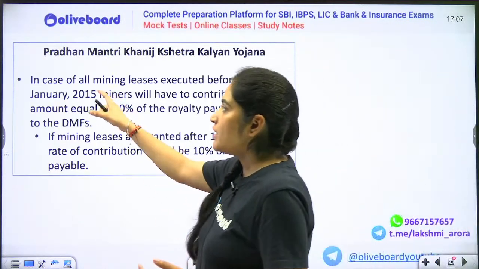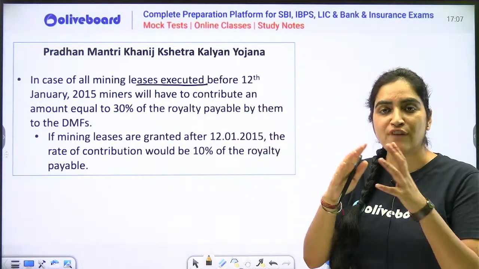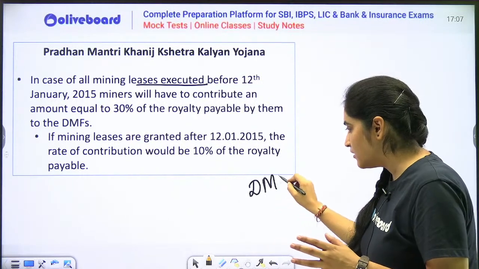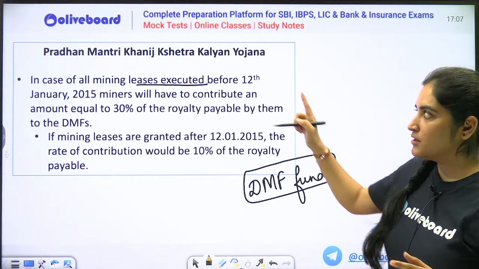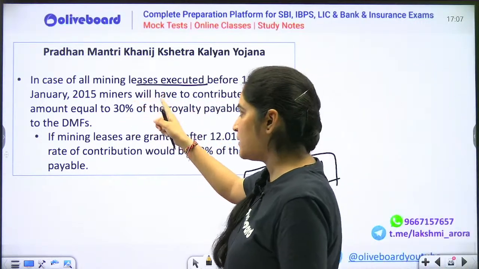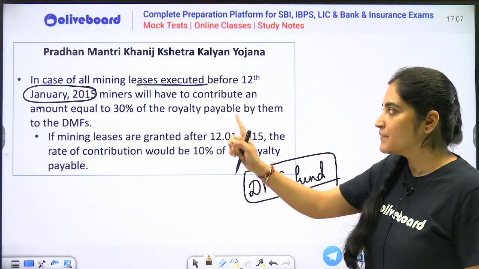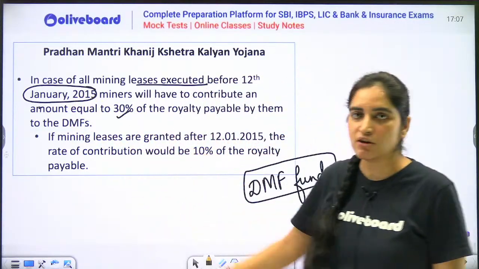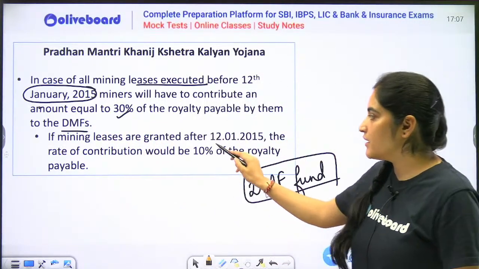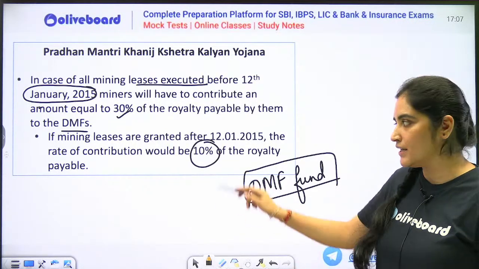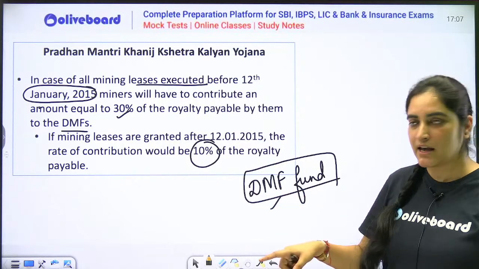Next, in the case of mining leases, the fund which I was talking about, the DMF fund, इस fund में पैसा कहाँ से आता है? Under the scheme it was being said कि अगर किसी की mining lease January 2015 से पहले की है, that is going to contribute 30% of their royalty to DMF. और अगर इसके बाद की लीज है, then they would be giving 10% of their royalty to the fund. और इस fund से जो पैसा है would be